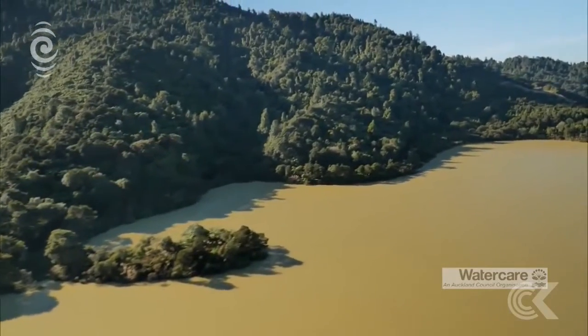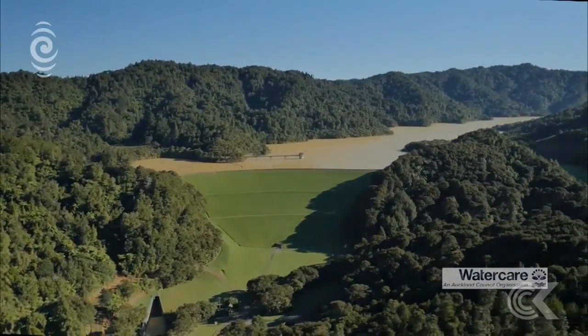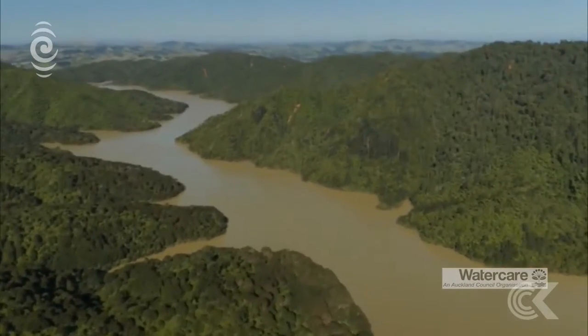Watercare's urging Aucklanders to reduce their water use by 20 litres a day. If the city uses more than 400 million litres a day, a boil water notice could be issued. Yesterday, Auckland used 18 million litres above that target. For Check